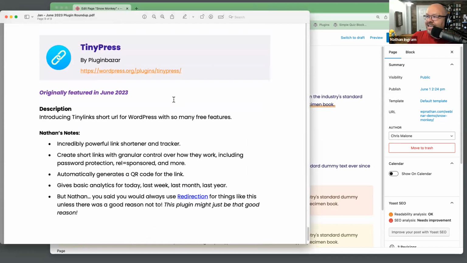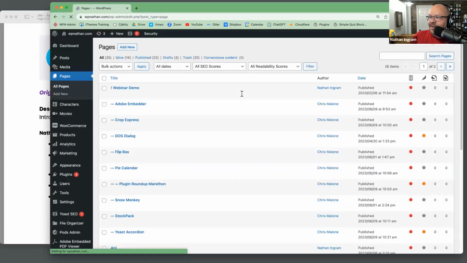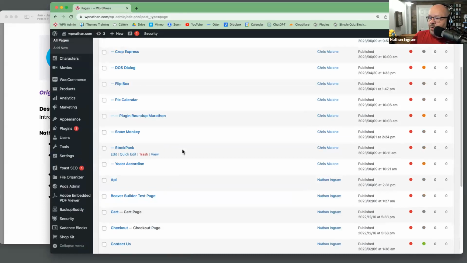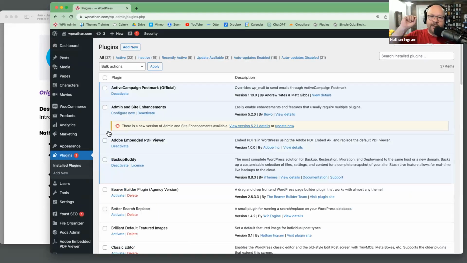2734. And last but not least, one more of those link management plugins. We kind of started the best of roundup with one of these, and we're going to end with one of these. And this is TinyPress. Does very similar things to ClickWhale, but there is something that it does that ClickWhale doesn't, and vice versa. So ClickWhale, of course, gave us the ability to create those links and automatically link things throughout the site and so forth. This does that, but also the